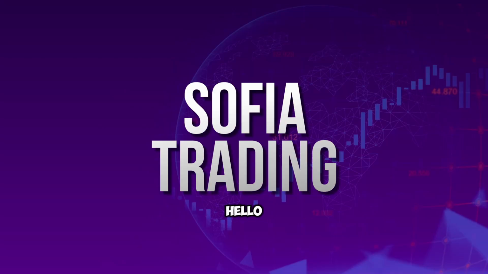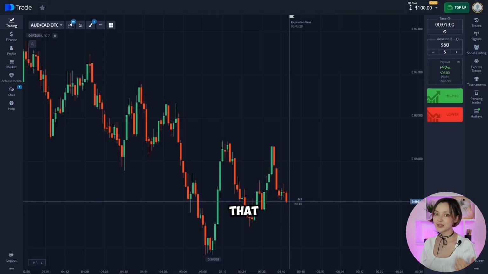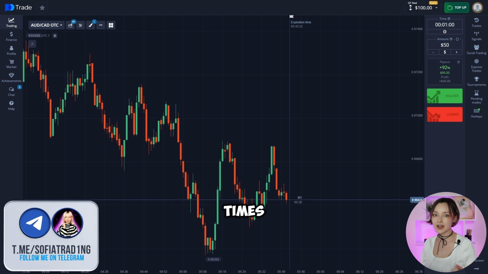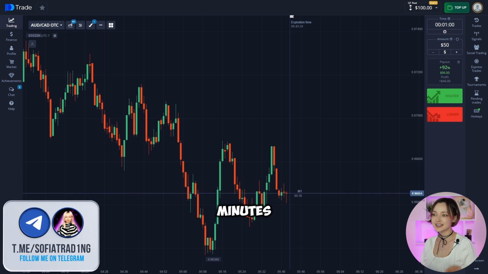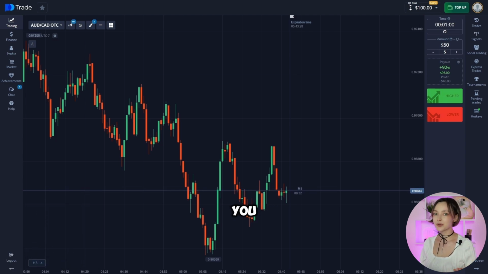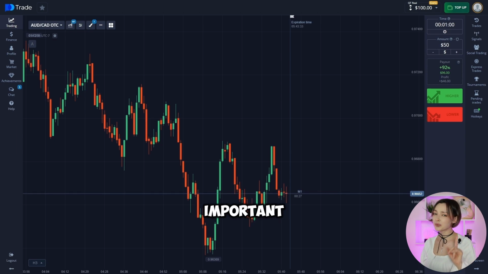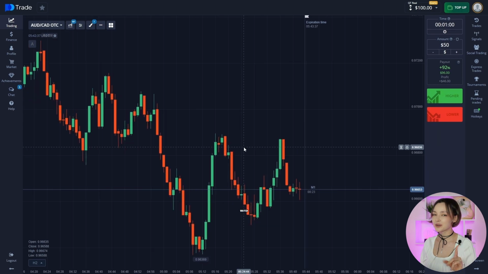Let's start. Hello everyone, you probably didn't know that you can increase your deposit multiple times in literally a few minutes with the help of the ADX indicator. Today I'm going to share with you guys all of my experience with the ADX indicator, but there is one important thing. This strategy has a lot of nuances to it, so make sure to watch this video carefully and